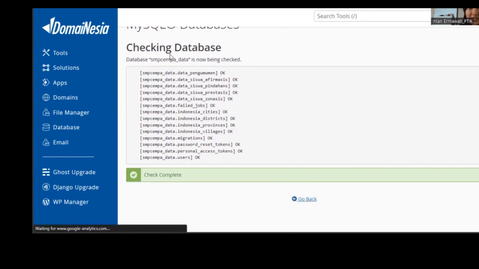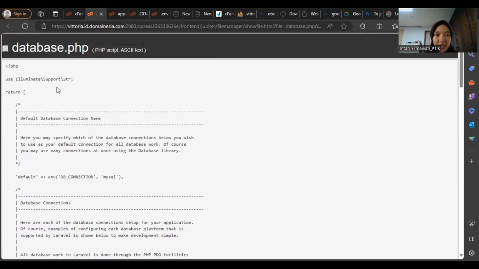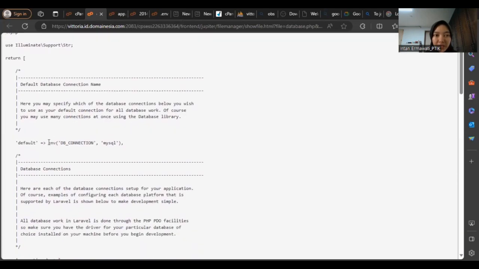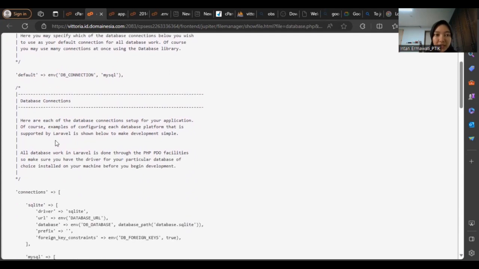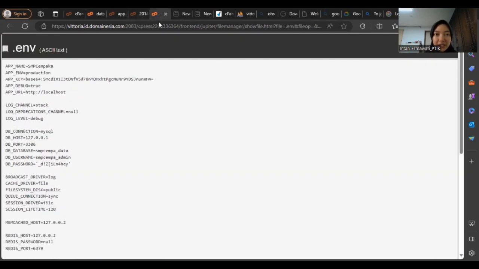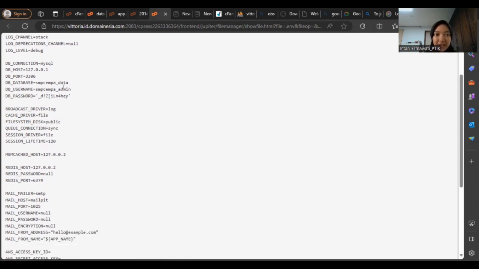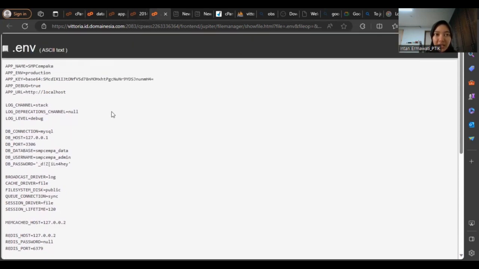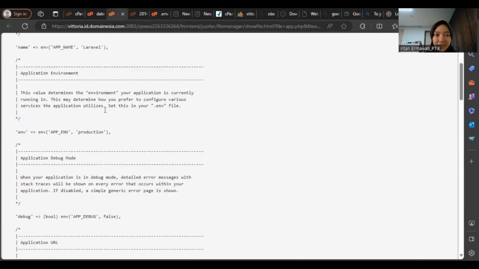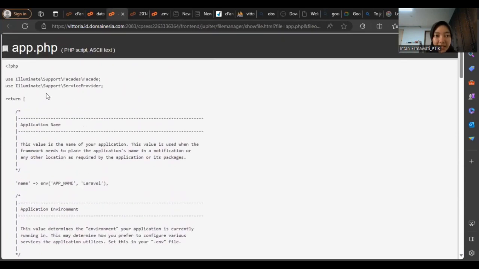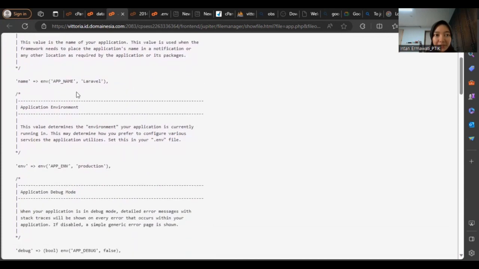Nah, kemudian hubungkan ke database. Sebelumnya kita buat database PHP-nya dulu, yaitu di sini kita menggunakan env. What is the env? Env is aturan untuk menghubungkan ke web karena kita menggunakan Laravel. Nah, di sini ada nama database-nya, nama username-nya, password-nya, di env berikut ini. Kemudian kita lanjut ke apps. Apps PHP ini, nah di sinilah kita bisa tersambung atau terhubung database ke dalam web.